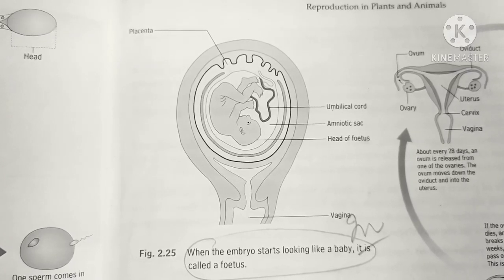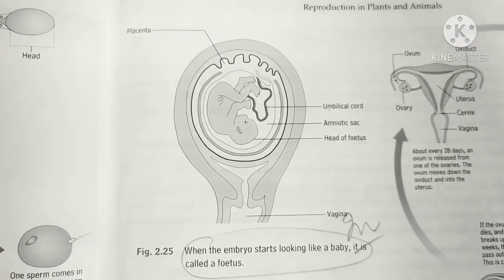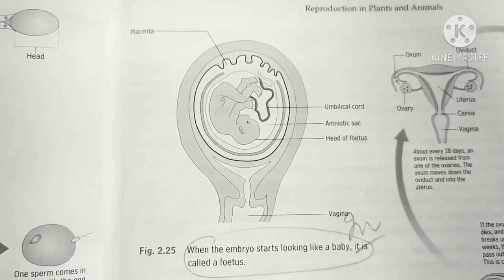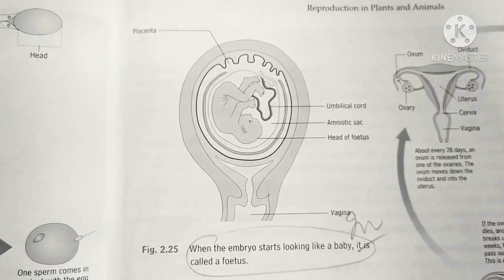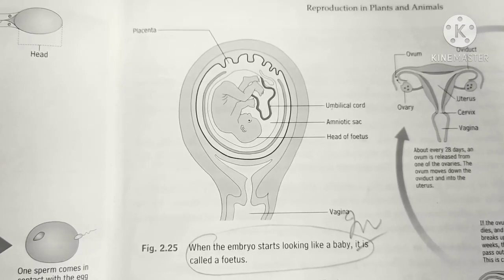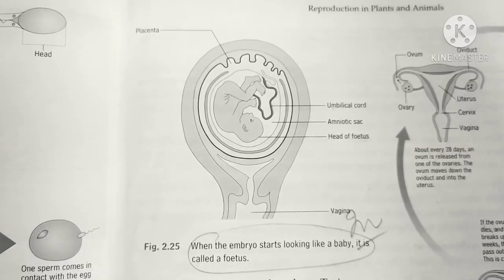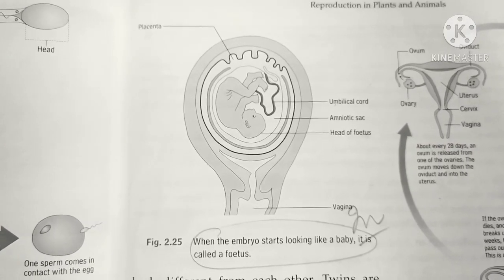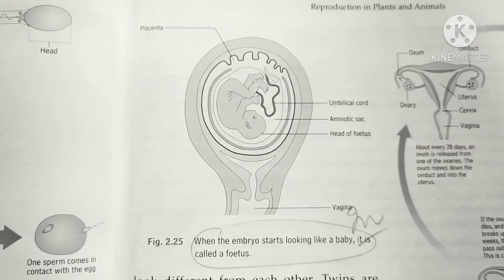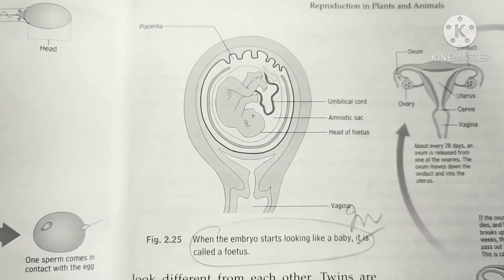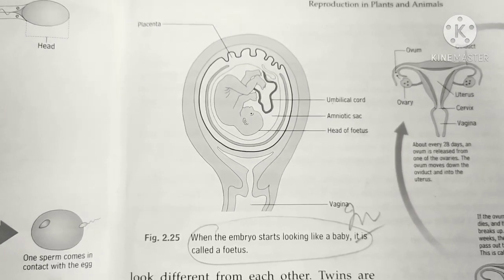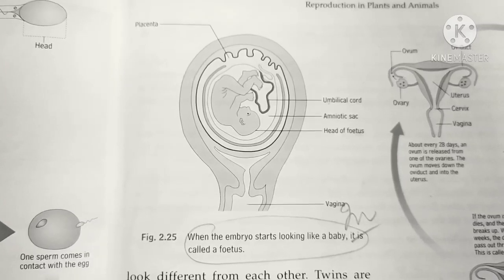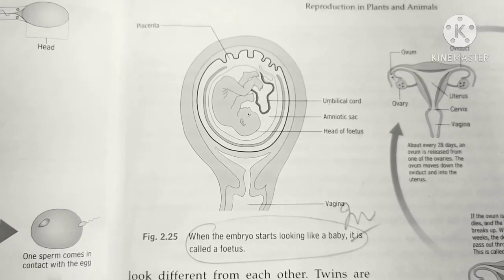Within the uterus, the baby is surrounded by a protective sac that is called amniotic sac, which contains amniotic fluid. This fluid acts like a cushion. The baby grows inside the uterus for about 9 months, a period that is referred to as pregnancy. At the end of pregnancy, the wall of the uterus goes through contraction to let the baby out.